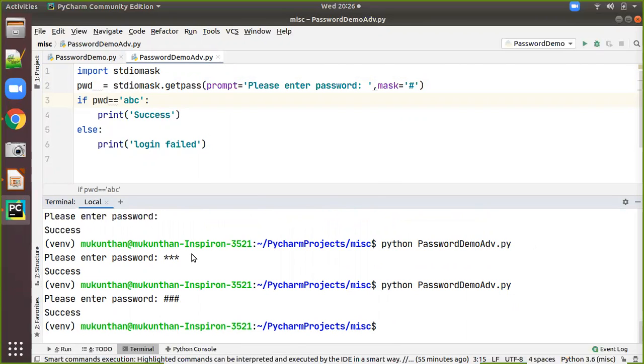Because we have different data parameterization options. You can read from an external file, an Excel file or a JSON file, whatever the case may be. But sometimes you may require an application to be handled by different users. Or let's say you want to log in as different users at different times or on different systems. At that time you will use these modules, and they are very simple modules available in Python. So this is about how to handle